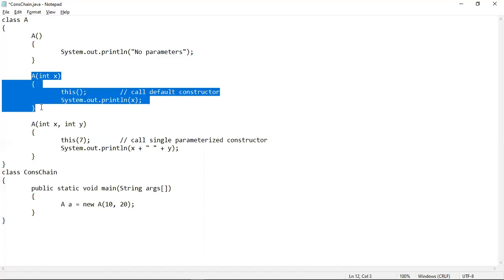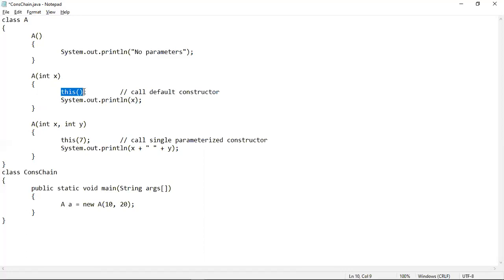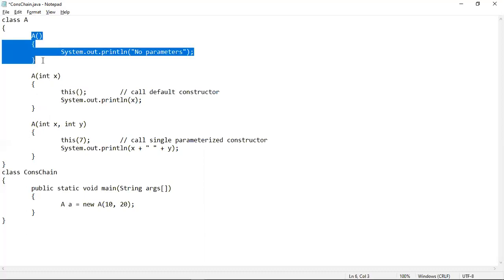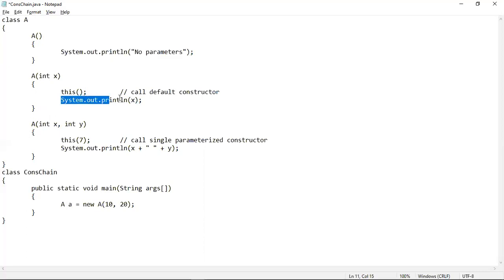Then this constructor will be called or executed. Inside it, again we have written this method which will call this default constructor in turn. That means this statement will be executed first, then this statement, and then this statement, all with a single object creation statement.